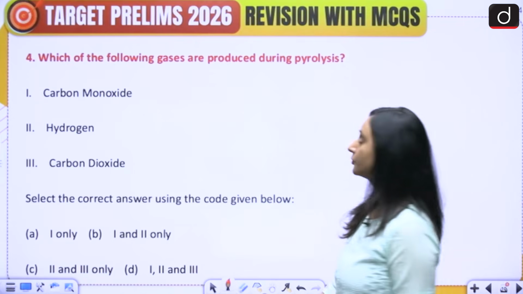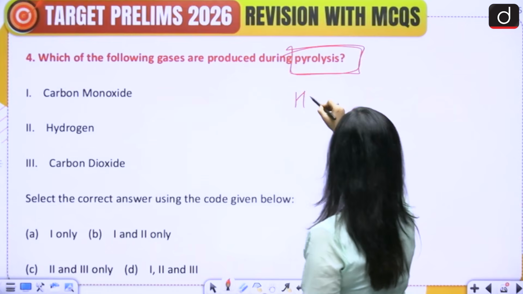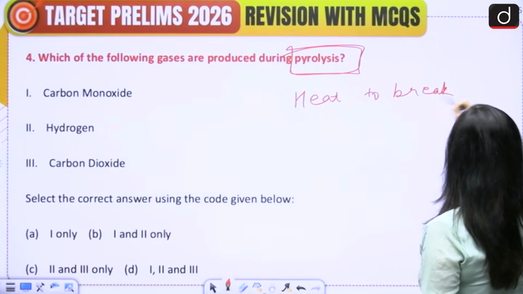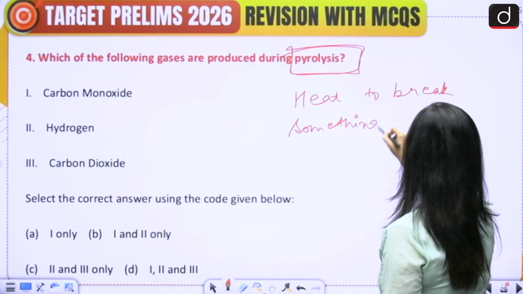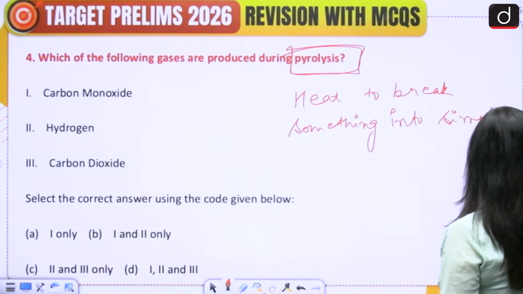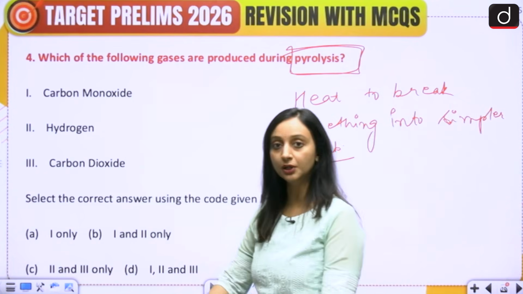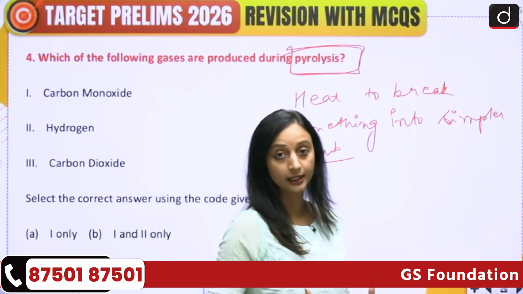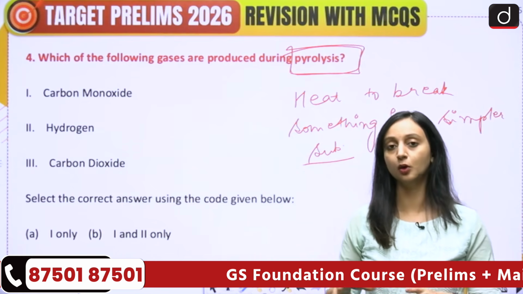Okay, so this is about pyrolysis. Pyrolysis is making use of heat to break something down into simpler substances. So we are making use of heat. Please note that we are not burning the material, we are simply making use of intense heat, and under the pressure of intense heat, the material is going to break down into smaller, simpler